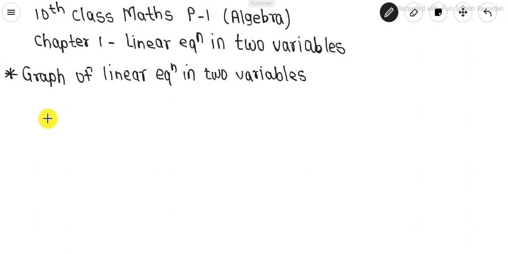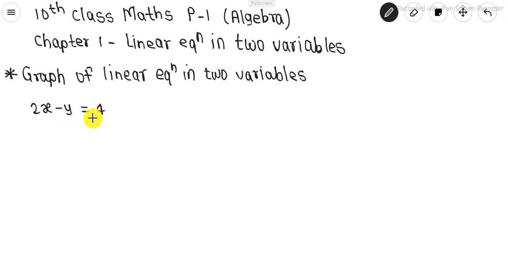All of you know that if we make a graph using graph paper or making lines on the notebook, first we see some simple concepts by solving one example. Sometimes the question is given in your book as draw a graph of, and the equation is given, that is, if we are given the equation 2x minus y is equal to 4. This is the equation, and we have to draw the graph of the linear equation in two variables.